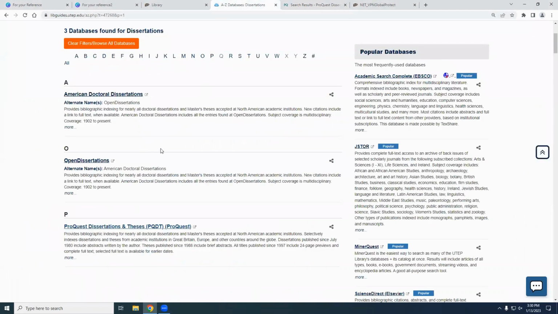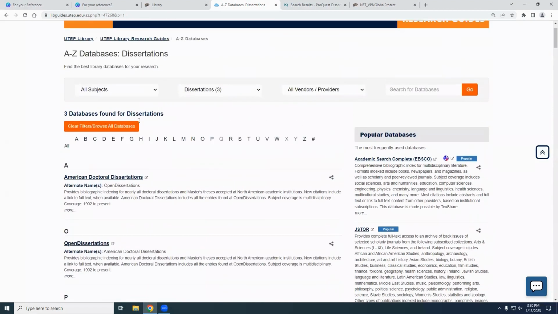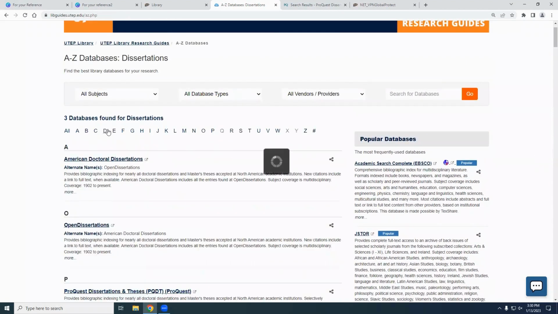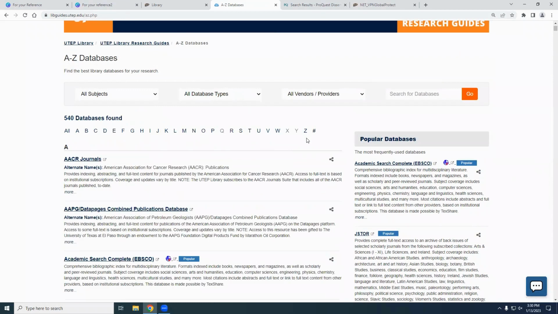So, like I mentioned, American doctoral dissertations and open dissertations, same thing. You can take a look there. It's going to be searched más o menos about the same, but I do want to clear filters, and I'm going into another area that is near and dear to my heart.